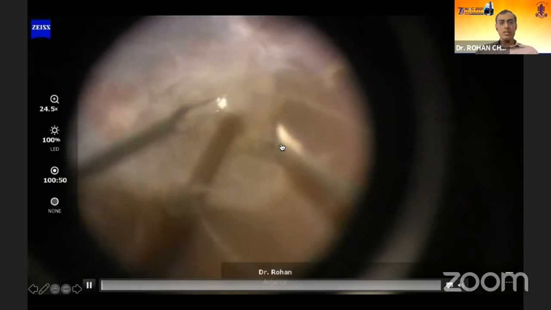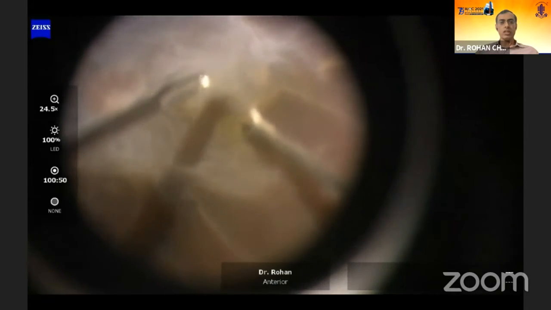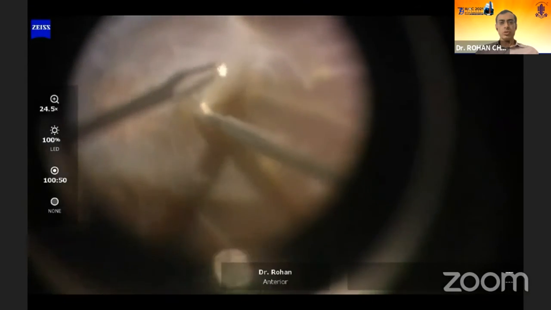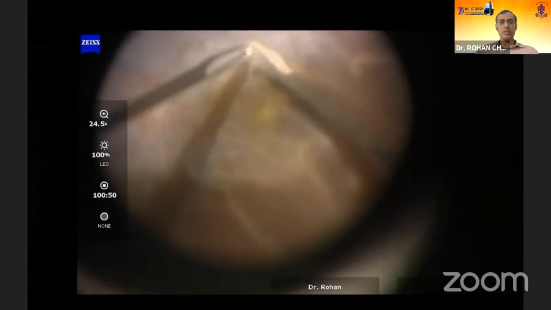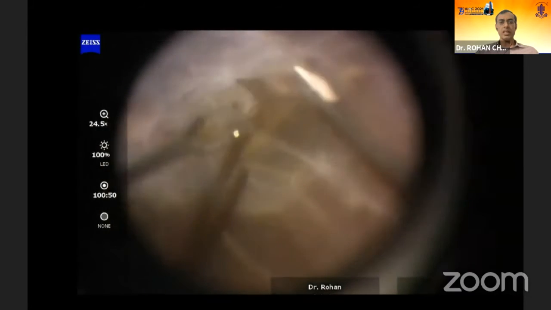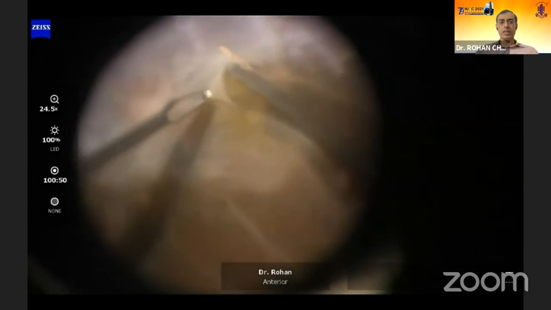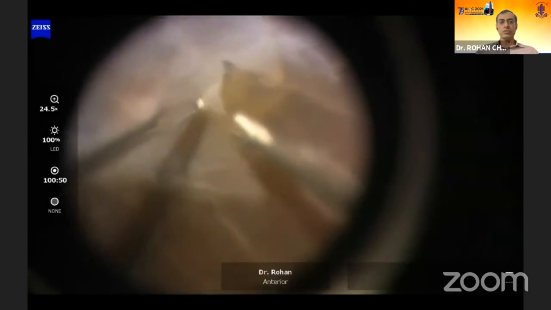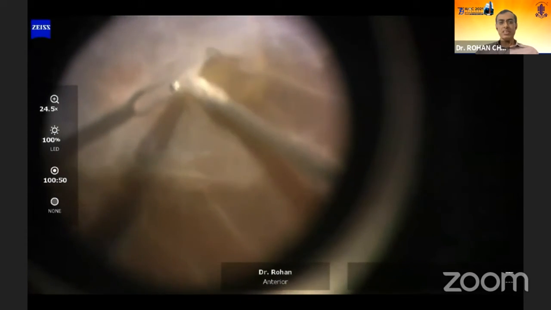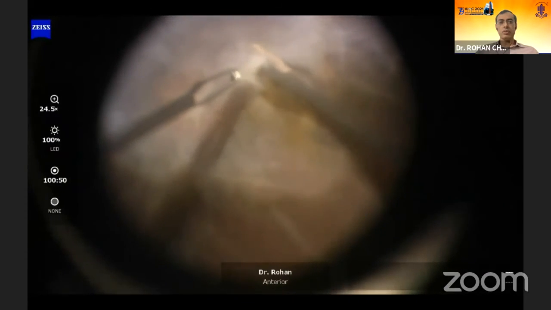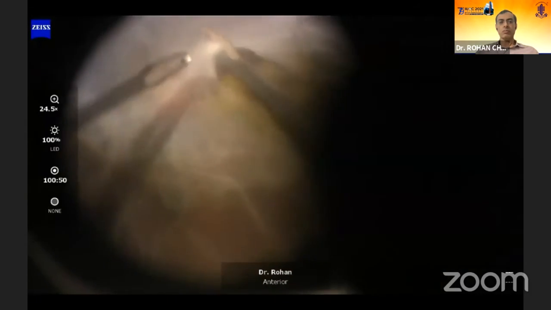This is a more complicated case where you have a tabletop sort of PRD. So here I'm using bimanual dissection, and like I showed you, just lifting the membrane gently with one hand and trying to create that plane between the fibrovascular membrane and the retina. Just as Professor Parijat showed us beautifully in that case of stage 5 ROP, I think this is something like that dissection, and we have to not try to damage the retina and not try to create more and more